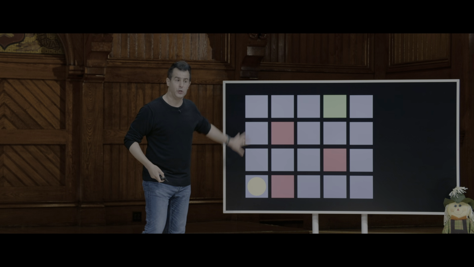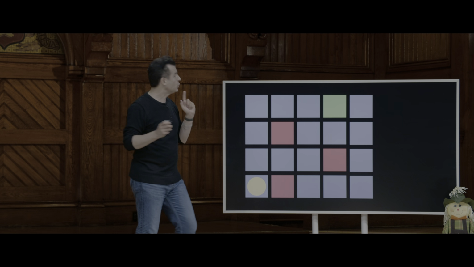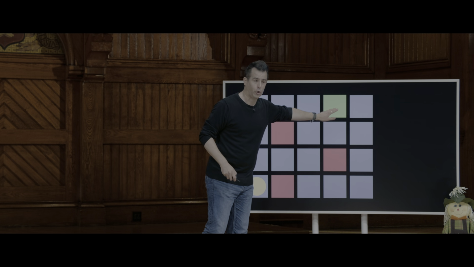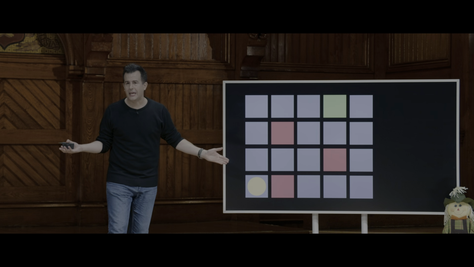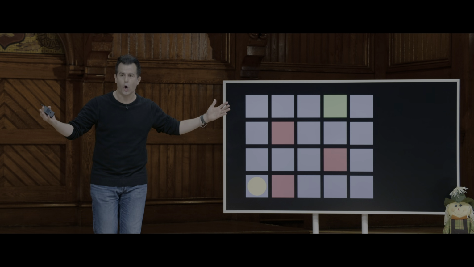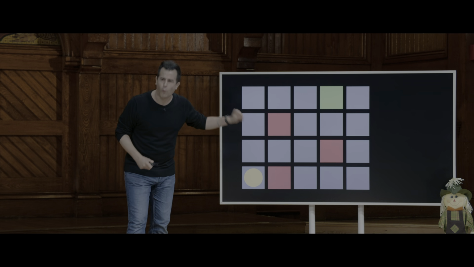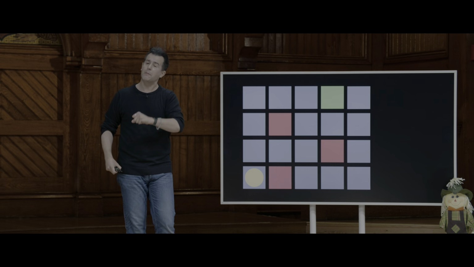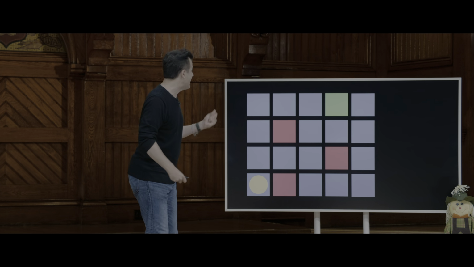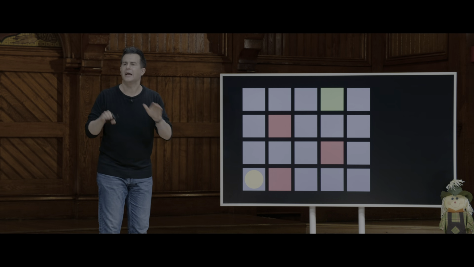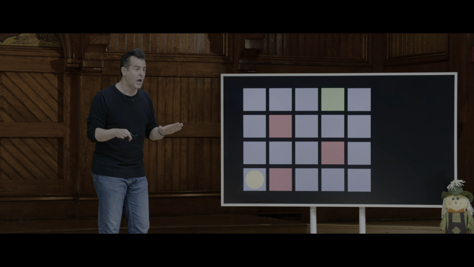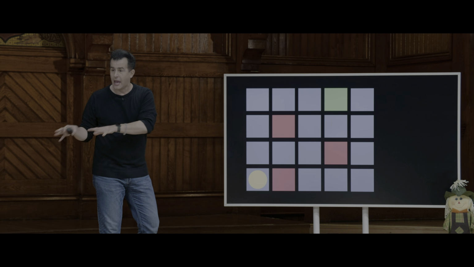This yellow dot might represent the human player that can go up, down, left, or right within this world. I'm revealing to the whole audience where the lava pits are, but the goal for this yellow dot is to get to green. But the yellow dot, as in any good game, does not have this bird's eye view and does not know from the get-go exactly where to go. It's going to have to try some trial and error. But if we, the programmers, maybe reinforce good behavior or punish bad behavior, we can sort of teach this yellow dot without giving it step by step, up, down, left, right instructions,